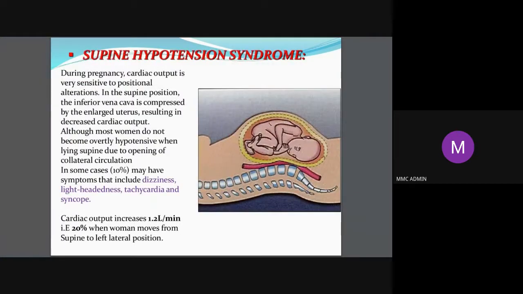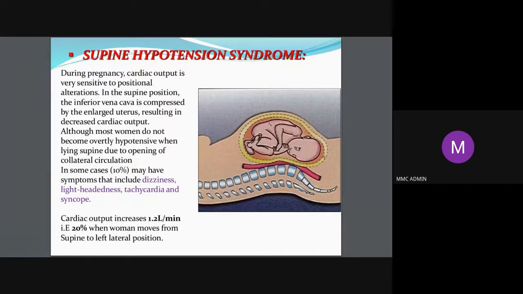Okay, this is another thing you have to know. A pregnant lady, especially with advanced pregnancy, lies down flat. You're asking her to lie down flat because you want to do a scan. Suddenly she has terrible dizziness. So what do you do? First thing you have to do is to turn her to the lateral position. So immediately you find that she becomes okay. You repeat it and see, it is confirmed.